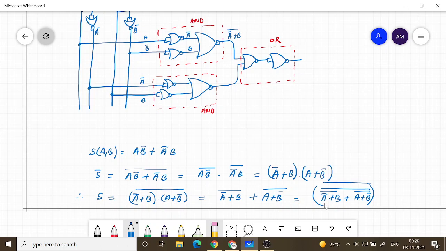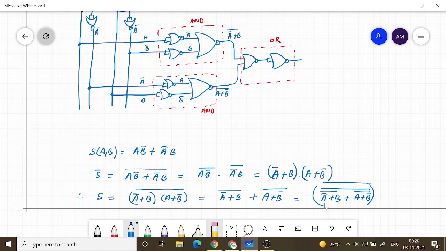Similarly, I will have A bar here, and that will be A, so that is the second part, A, and then plus B bar, okay, plus B bar the whole bar. So here it will be A plus B bar the whole bar, and that is given to another NOR gate.